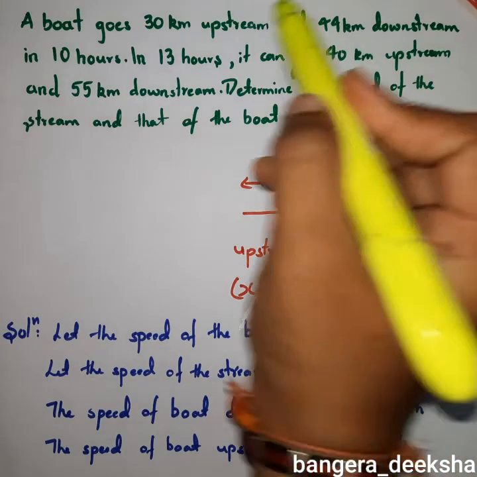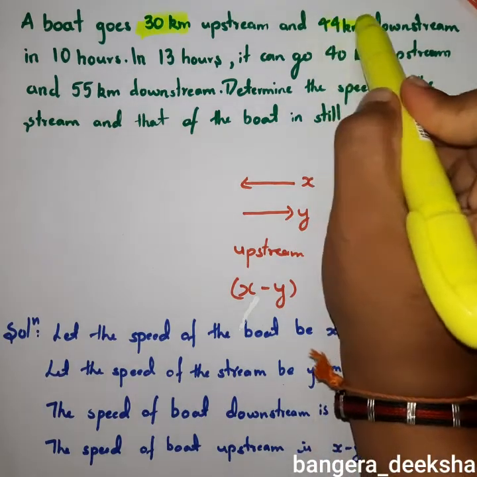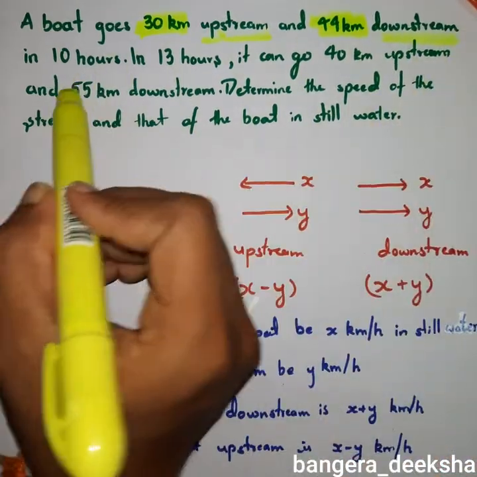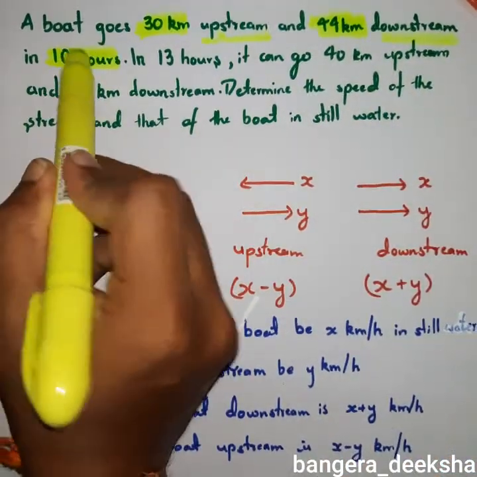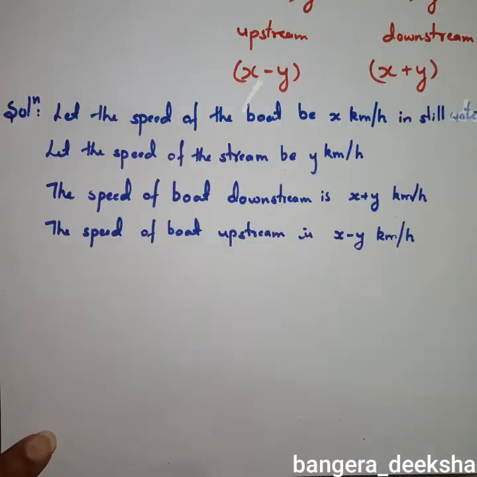If you see our question, they are given as the distance. Even here they are given as the distance. They have told us in what way it is going. They are given as the time. So they have given you the distance and time, and the speed is determined by upstream and downstream. So using these concepts, you need to know how to construct the equation. We already know that time is nothing but distance divided by speed. So we'll use that concept and write,